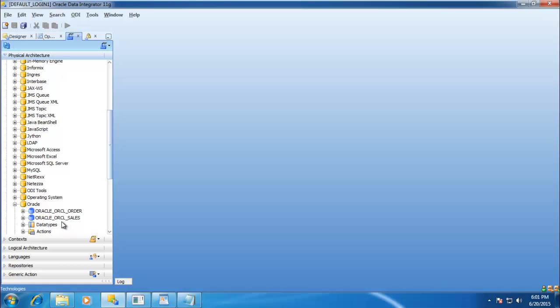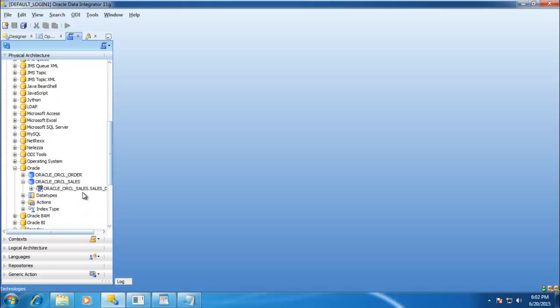We call this a data server. For example, Oracle_org_sales is one data server, and if we expand we can see a physical schema under the data server. Like that we can define multiple data servers. Under the data servers we are going to have the physical schemas where we need to extract the data from, and you want it loaded to some place.